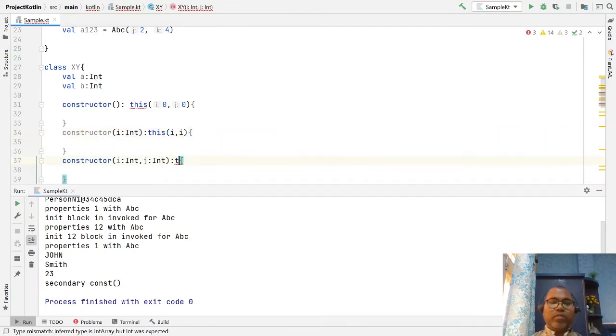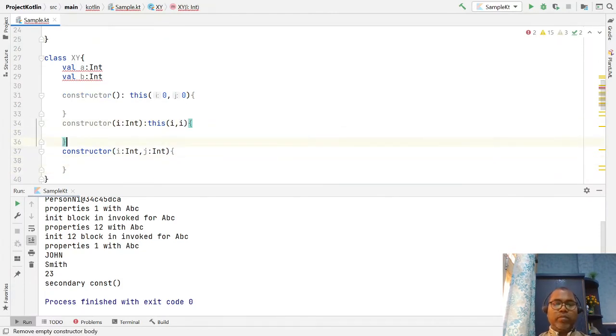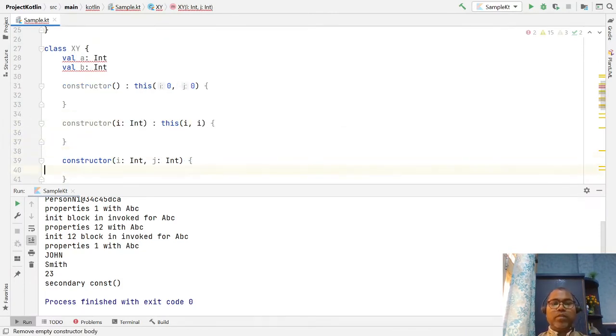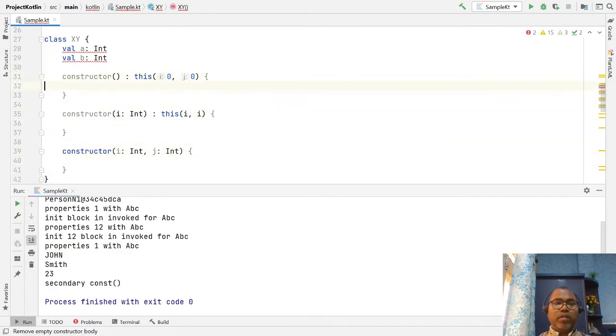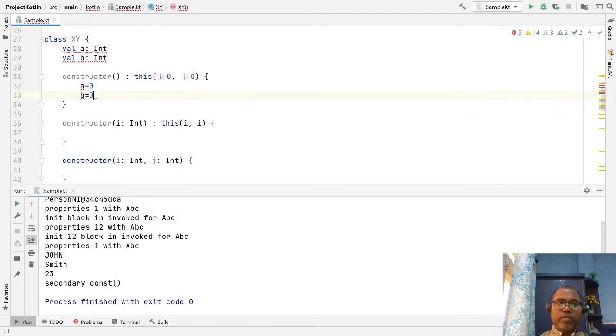This is where constructor chaining happens. So here a equal to 0 and b equal to 0, this is the default constructor.